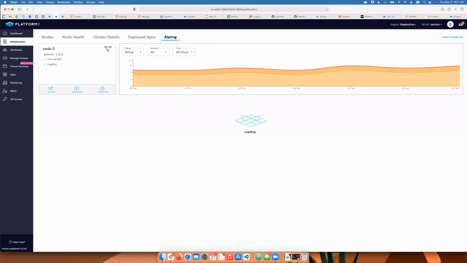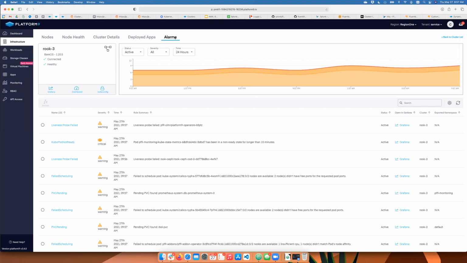The other piece that we're shipping is Grafana and monitoring. We connect to Alert Manager as it's configured in the cluster, and we bring all the information up here as well. So you don't have to worry about drilling into that Grafana instance